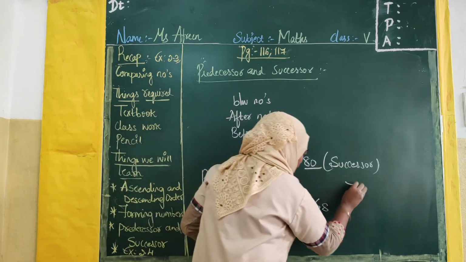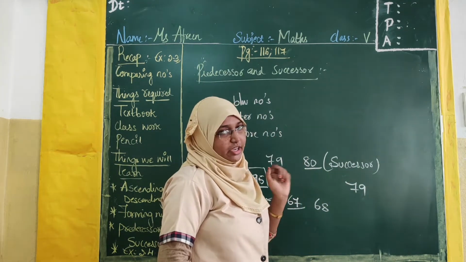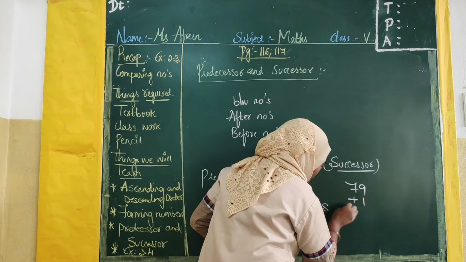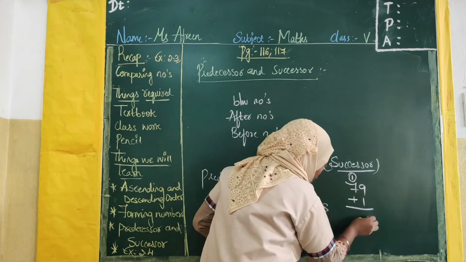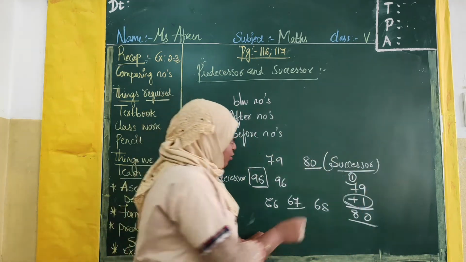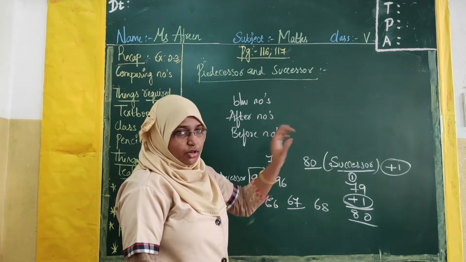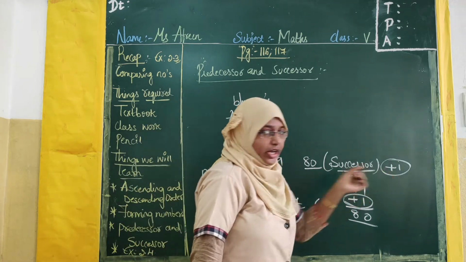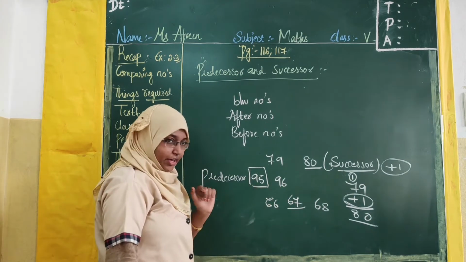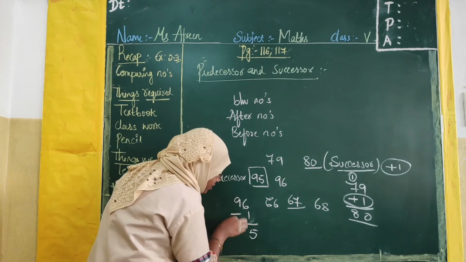Now if you see 79, I want the successor. As our chapter is on large numbers, they will definitely give us large numbers. What will we do for the successor? Simply add 79 plus 1. 9 plus 1 is 10, write 0; 7 plus 1 is 8. So 80. What have we done here? Addition of 1. To get the successor, we will add 1. Whenever they give a question to write the successor of the given number, simply we will add 1 to the given number. Now for 96 and 95, if I do 96 minus 1, 6 minus 1 is 5, and as there is no number left, we will write 9.